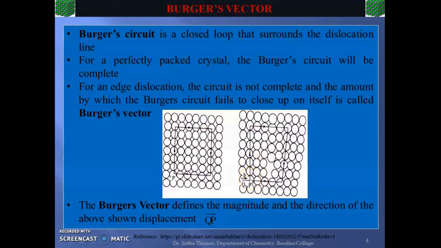Okay, now let us draw the loop or circuit starting from the point P. We are going to repeat the same procedure as we did in the case of this perfect crystalline packing. So here we are starting from the point P, and as we did before, we have to go up by 6 lattice positions. We are here. Now we have to go to the right by 5 lattice positions. We reached here. Now going down by 6 atom positions.